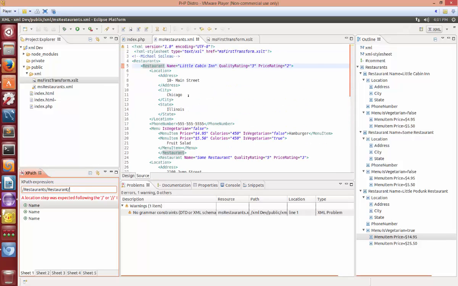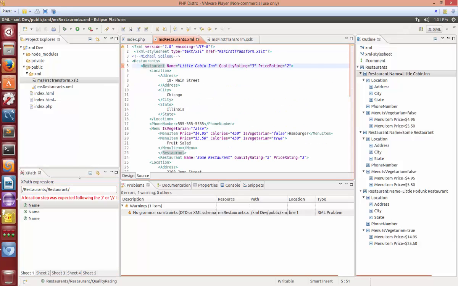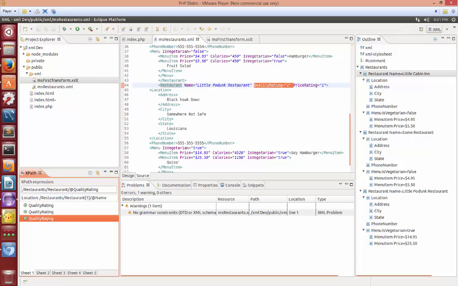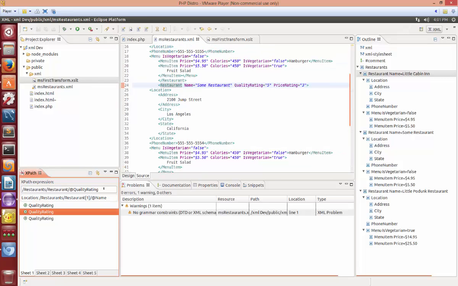We have this inside of our restaurant. So this would actually be an attribute. So at quality rating, there it is. So when we do that, it starts popping them out. And when we click down here, we can see that our XPath expression is true. So we can copy this in here, go to our transform,